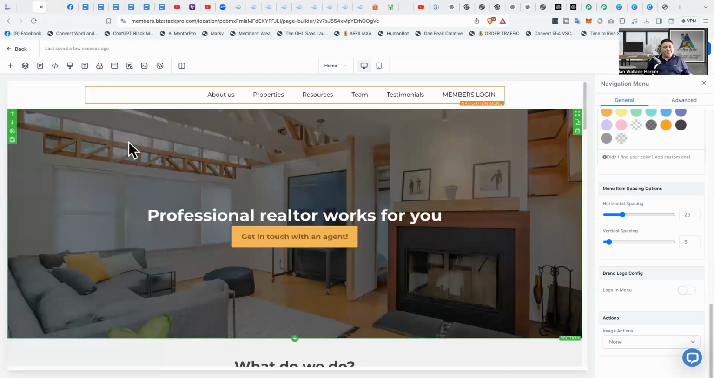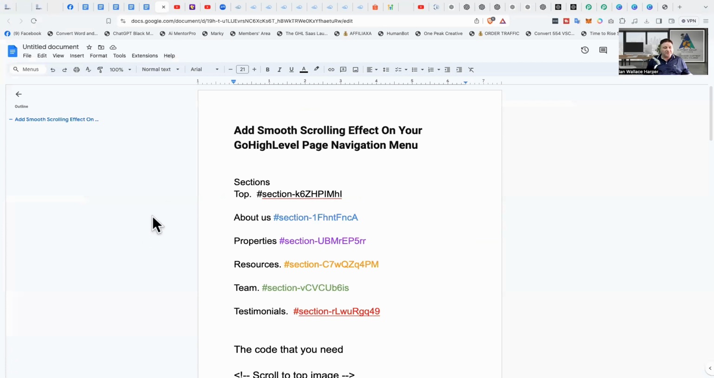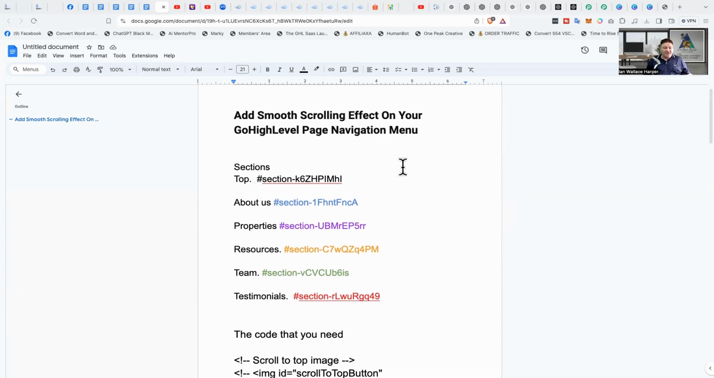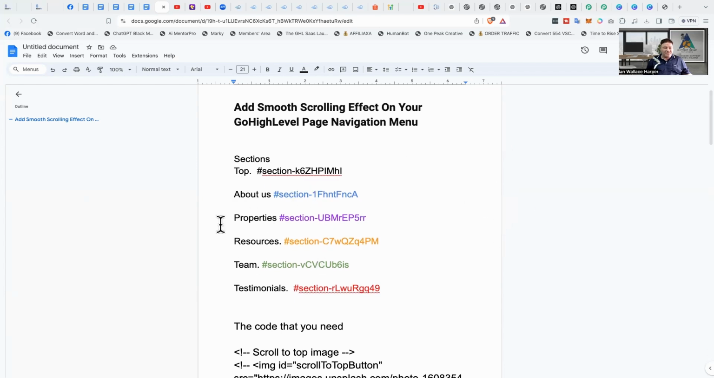Anyway, what I suggest, first of all, is making a document and then getting the information that you need. I've done this personally for me, so I can see where the sections are that I've got. I've got the about us section. I've got the, so how to find these